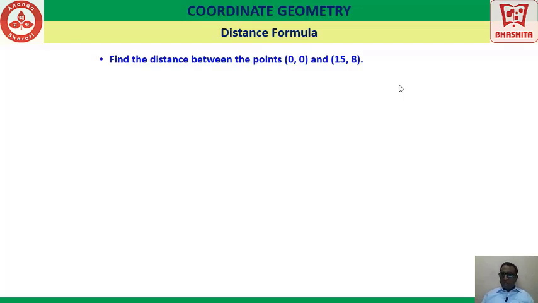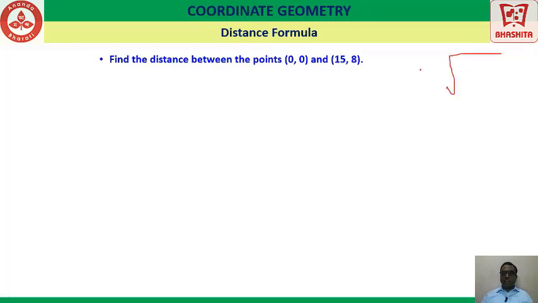First note was what? The order in which you write the distance formula, whether it is x1 minus x2 whole square plus y1 minus y2 whole square, or x2 minus x1 whole square plus y2 minus y1 whole square, it is one and the same. The second point we emphasized was, if one of the points is origin, the formula becomes what? Root of x1 square plus y1 square. It is that model. Have we tried this? Yeah.